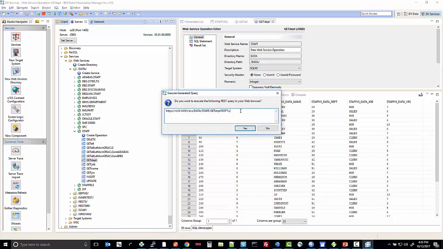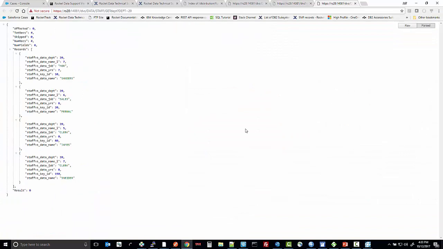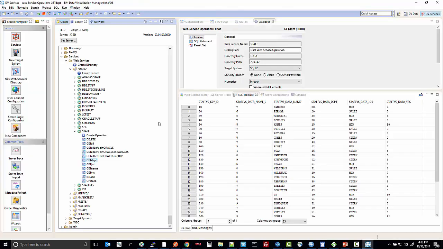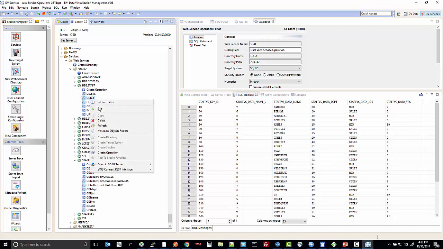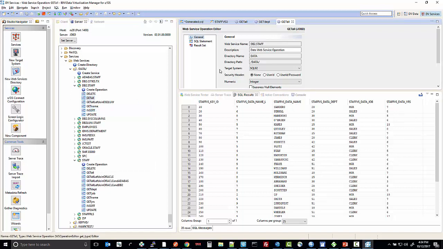And I change the department name to a department that I know is out there. And when I execute it, it comes back and returns only the entries that had department 20. I also have other services out here that have this staff table on it that are not on vSAM, but for example, here on DB2. And if you look at the operation and the SQL within the operation,